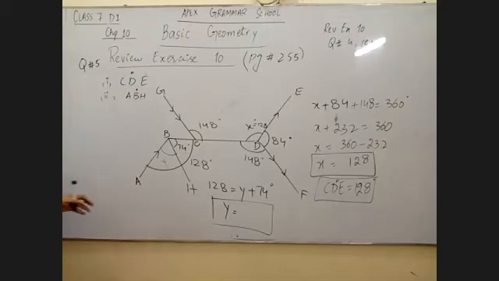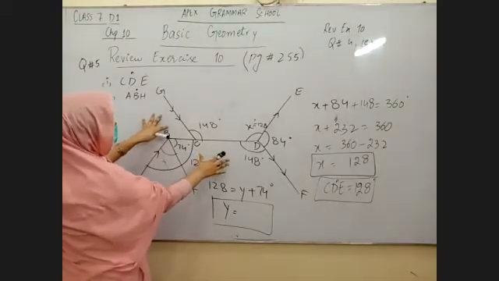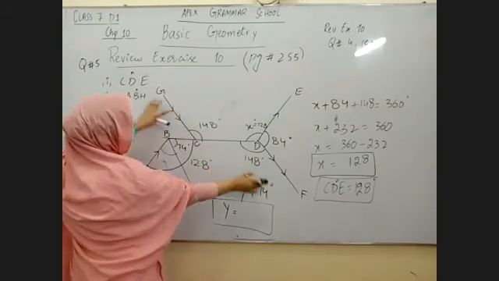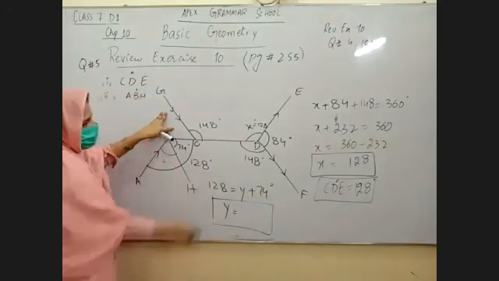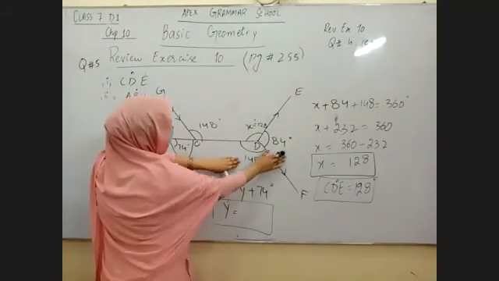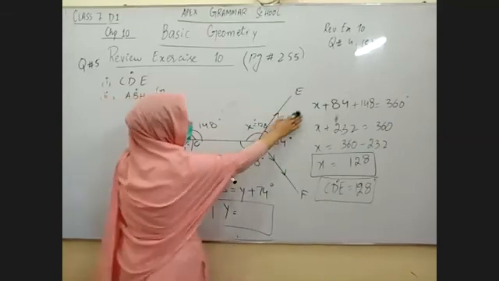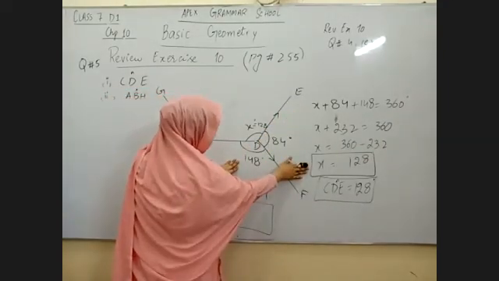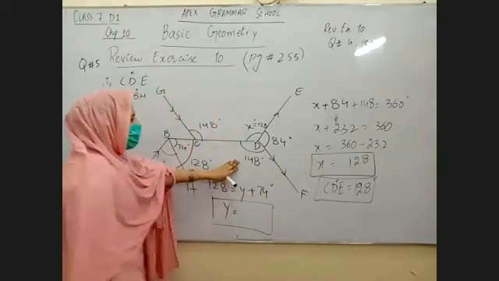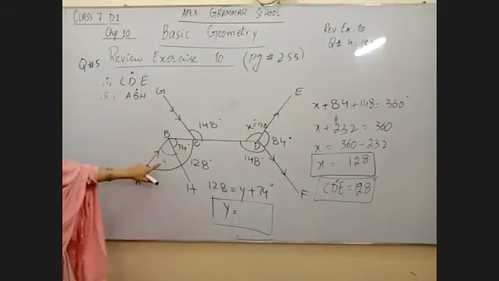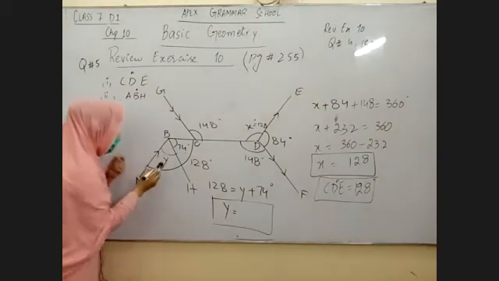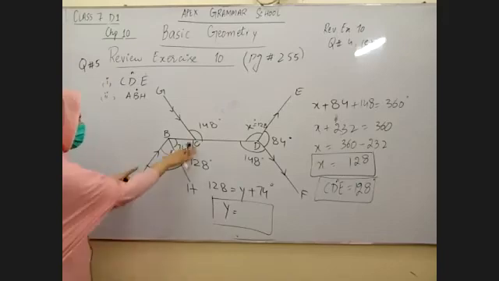Let me just revise what I have done in question number 5 parts. This was a diagram of question number 5. First, vertically opposite angles are the same because CG is parallel to DF. That's why it will be 148. So 148, 84, and x are completing one circle, so they will add up to make 360 degrees. Then I have taken out my value of x, which is 128 degrees. Now I want to find my angle ABH. I have named that angle y. This is y, and I want to find this y.